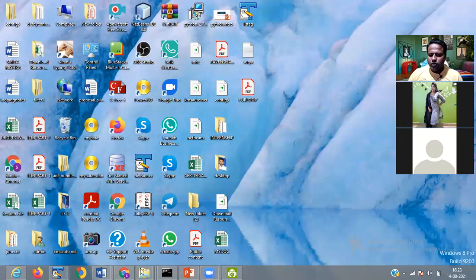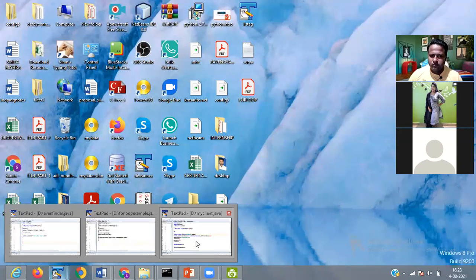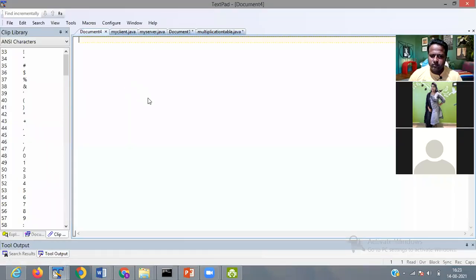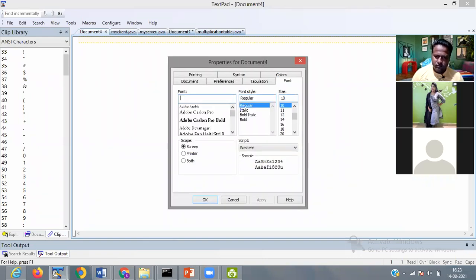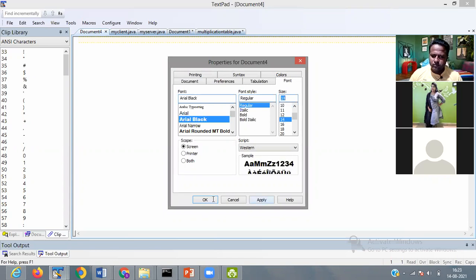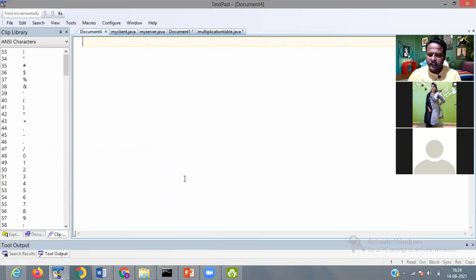Okay, so next I move to another looping: nested for loop. A for loop within another for loop we call a nested for loop.